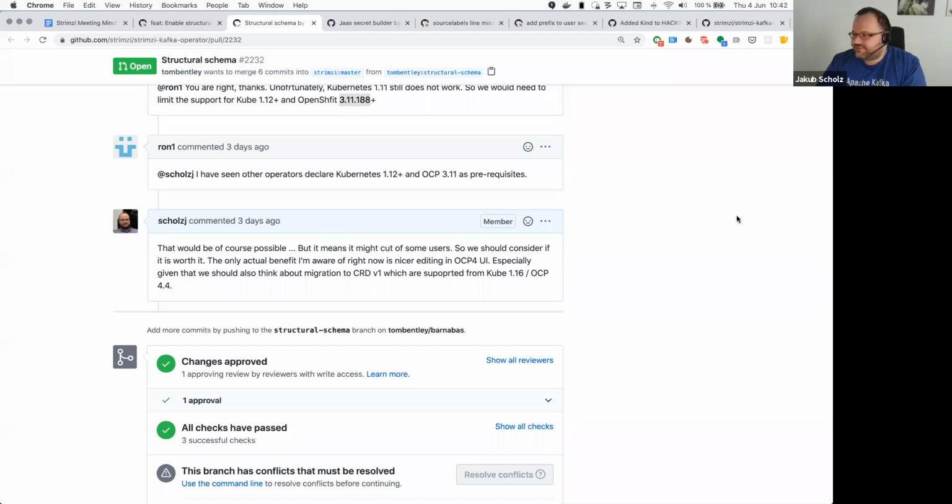And then I think the other thing to think about is that sooner or later we will need to add support for the V1 CRDs. The plan to drop the support for the V1 Beta 1 was moved from Kubernetes 1.19 to 1.22, but it's basically, what, 9 months